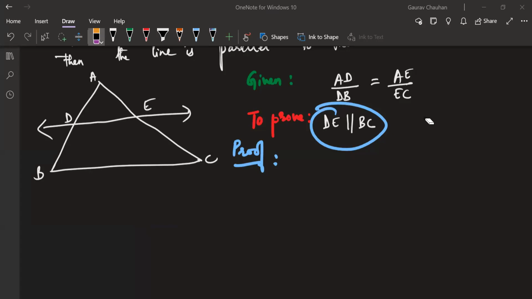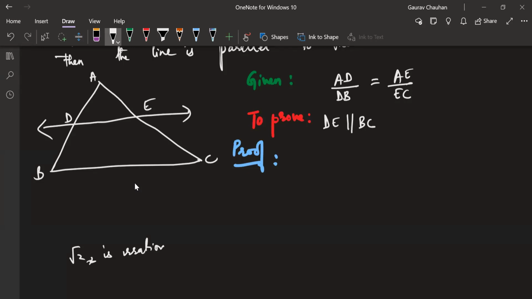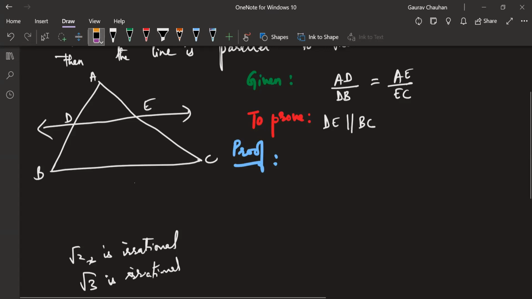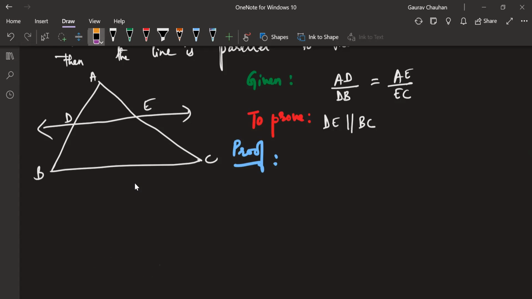All right, good, thanks. It was not in our syllabus, but we had talked about root 2 being irrational. It has been dropped, but if we have time, we'll definitely do it. It's a beautiful proof. Root 2 is irrational, root 3 is irrational; all of these have proofs, also done by contradiction. If it comes back into the syllabus, we will do it. Right now let's do this proof.